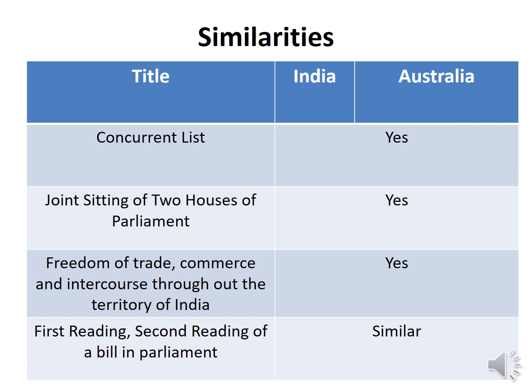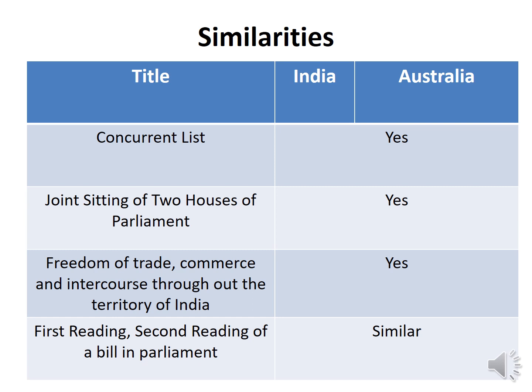In the second reading, the specific clauses are discussed and referred to the parliamentary committee, and the report of the parliamentary committee clause by clause is discussed. In the third reading, no clause by clause reading is there, but the entire bill is voted upon with the amendments,